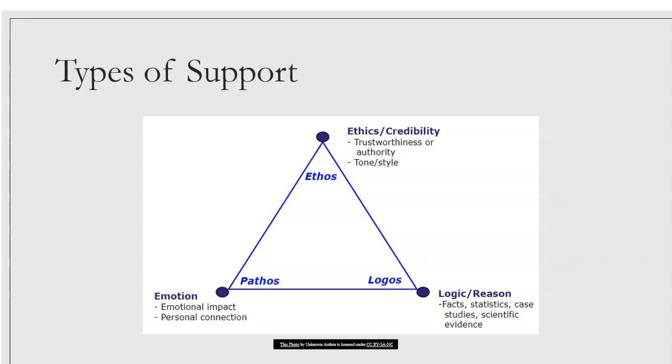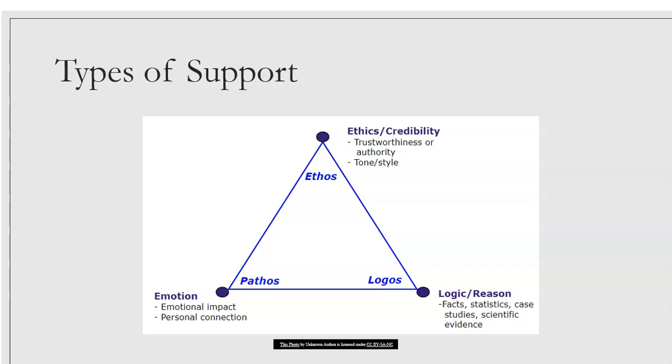When you're incorporating sources, you want them to be credible. Now, how do you incorporate something that's emotional, that's going to emotionally appeal, a personal connection? And I tell students it is okay to find stories about people. Those are usually called case studies if you're looking inside of research. But that might be one way to elicit emotion. You're really looking for that connection to the other human that's reading your paper to say you want them to connect with whatever you're talking about so that they can understand it and sort of be swayed to your side,